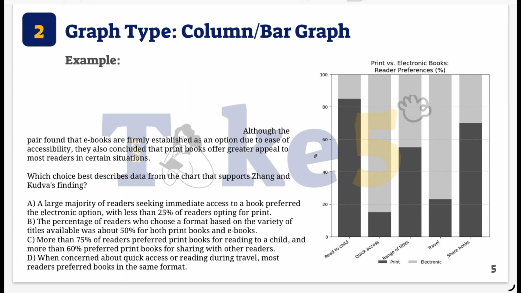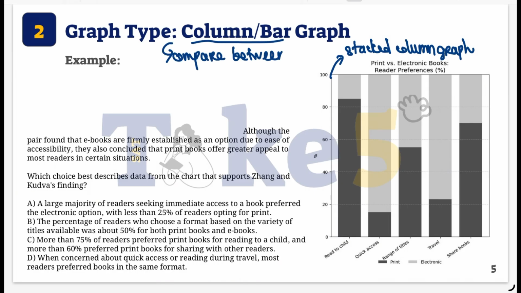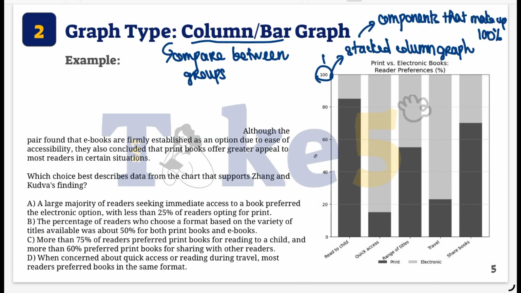Now move on to the graph. This is a stacked column graph, a more specific type of column graph. You will see the column or bar graph type a lot because it's a very efficient way to compare between groups. There are many variations for the column and bar graph to serve more specific purposes, and the stacked column here is a very useful way to visualize the components that make up the full 100% of each category shown